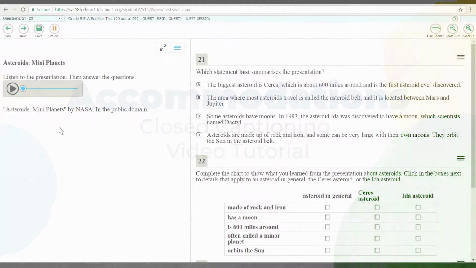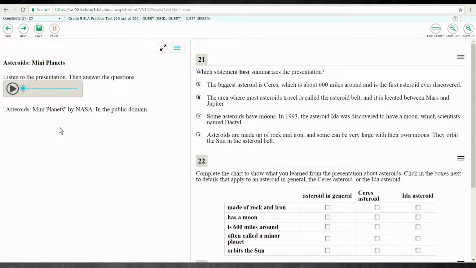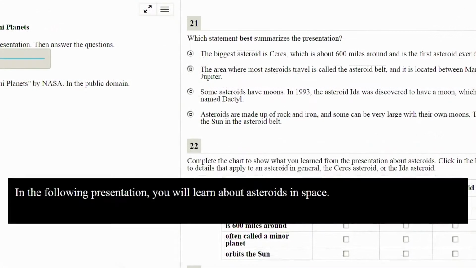a variety of resources that can be used on test day. This video will show you how to use closed captioning. During testing, there are passages that are read to you. If it is decided that it is helpful for you to read along with the speaker, here is what your